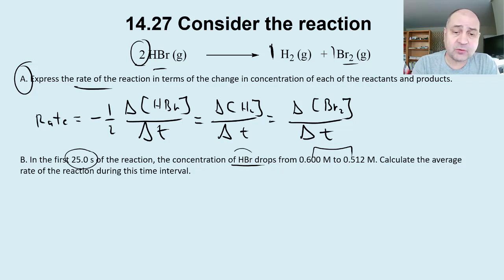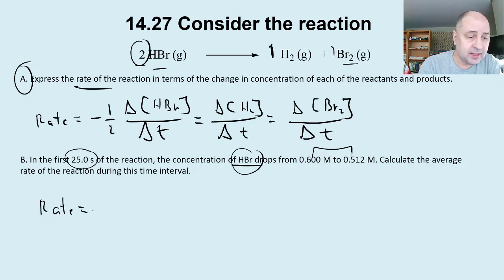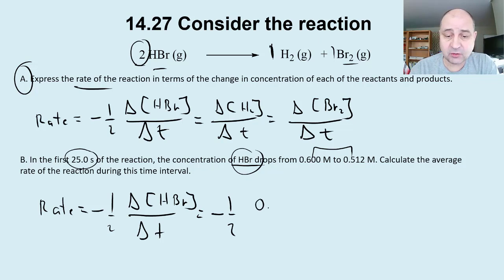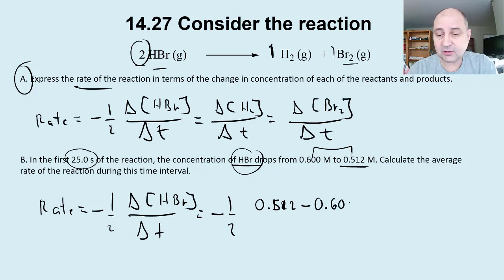This gives us the time, and it refers to HBr, so our rate is going to be calculated negative 1/2 times the change in concentration of HBr over the change in time, which is equal to negative 1/2, and then its final concentration, which is 0.512, just this number here, minus 0.600 M. I gotta have some units there,